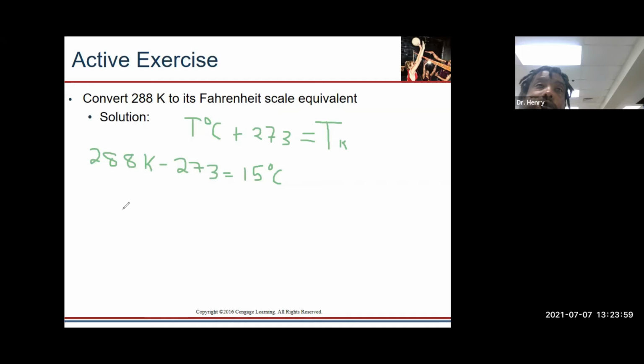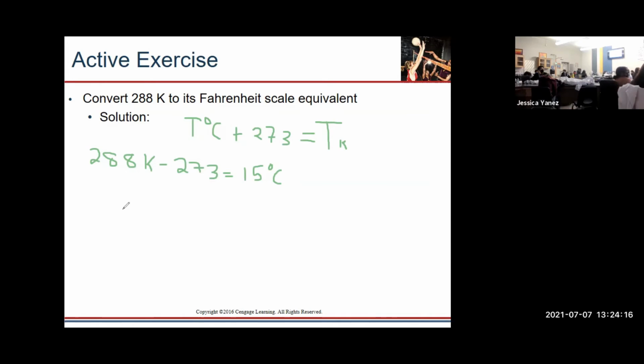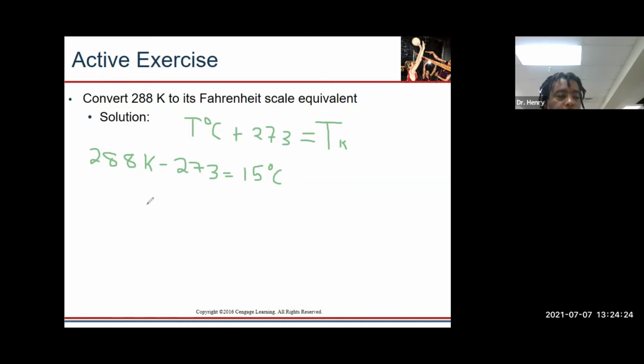Okay, so then how do I convert Celsius into Fahrenheit? So we have Celsius, we want to get Fahrenheit. So we know that 1.8 times T Celsius